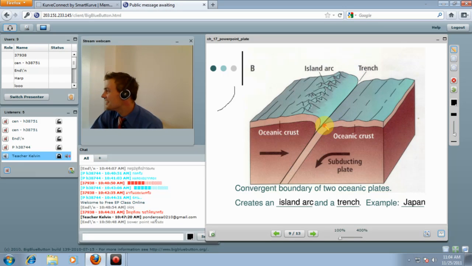What's that? Really? Yeah. Okay, so yeah, you get earthquakes here because, again, whenever you have two plates moving against one another,